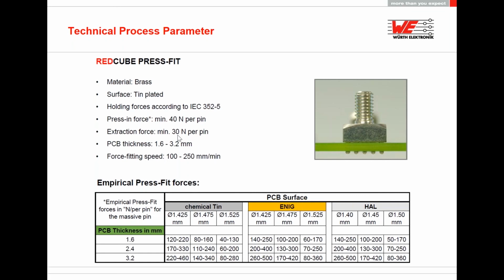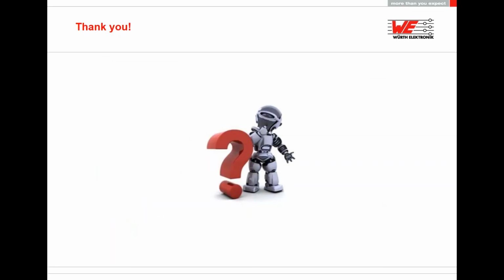Yes, that's it about the common questions we get from the customers regarding press-fit technology. Nearly. Any other questions so far? Yes, I still got one. I just didn't want to disturb you. The question is, do I always need a stamp to press in the components, and where do I get it?